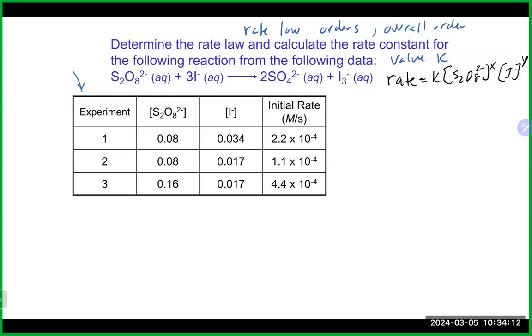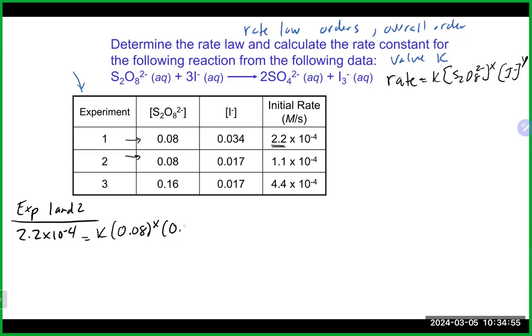So again, we're going to look at our table, and we want to pick two entries where one of the concentrations stays the same and the other varies. We can see here experiments 1 and 2 will accomplish that. We'll keep our first guy constant and vary our second concentration. Looking at experiments 1 and 2, I again am going to choose the larger rate to put up on top, just to give me a little bit more of a whole number sort of result. So I'm going to put everything for experiment 1 up on top, and then everything for experiment 2 on the bottom. That would give me 2.2 times 10 to the minus 4 equals K times 0.08 to the